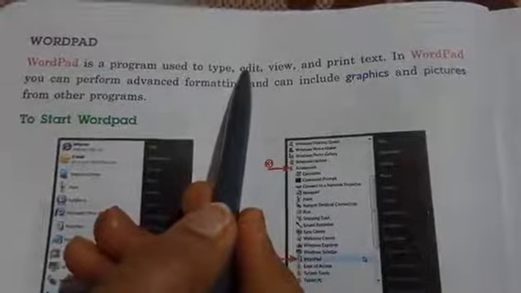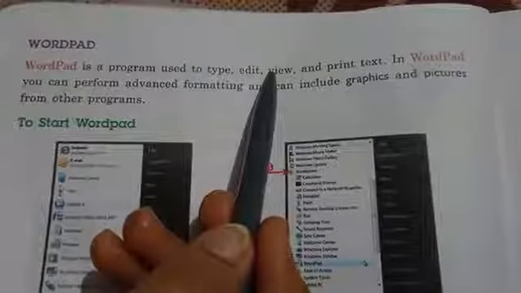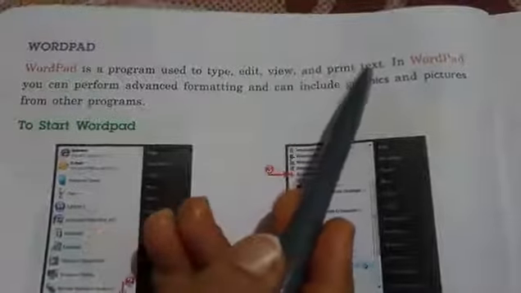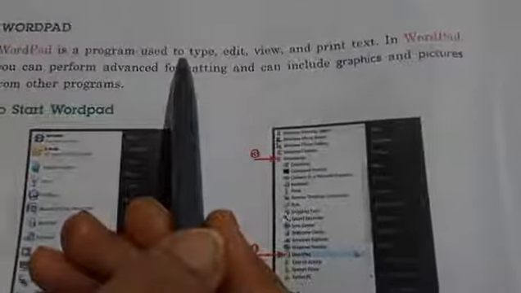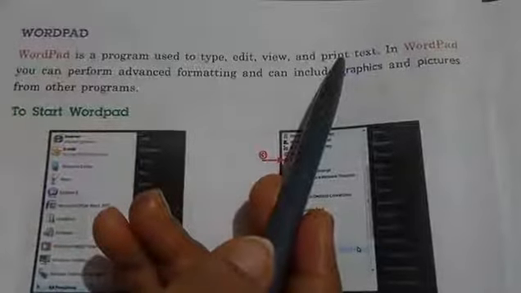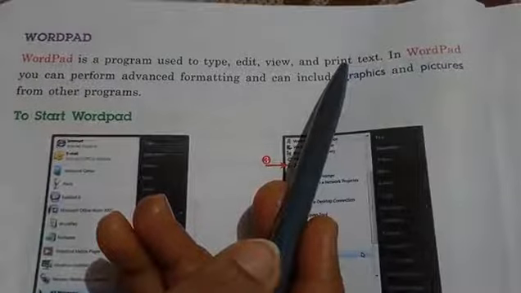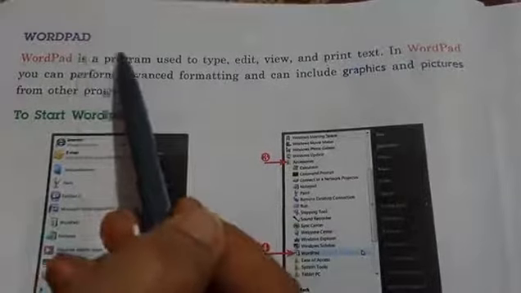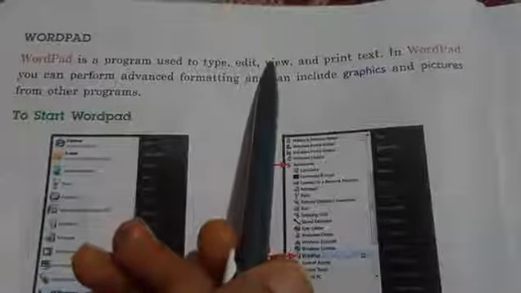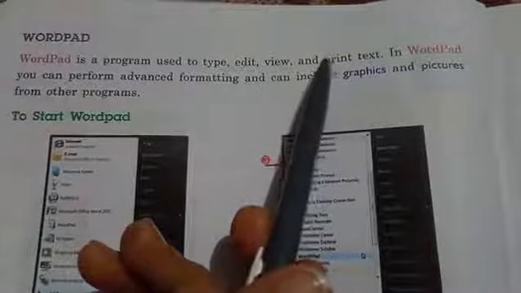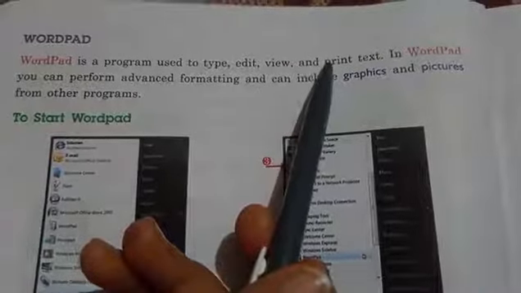You can do editing, you can view your document, and you can take a printout of the text that you have typed.